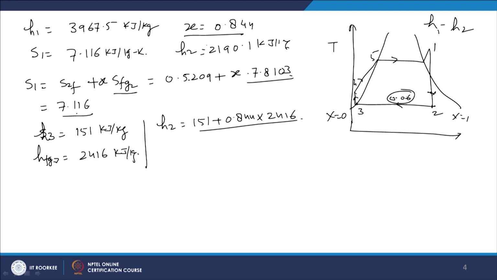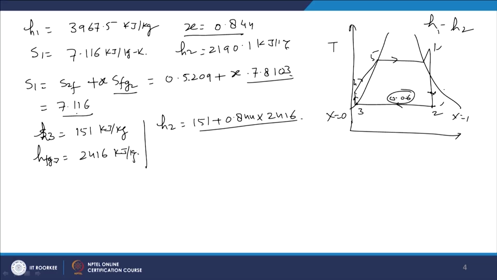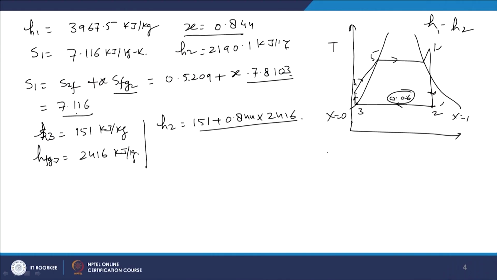So, now we have the value of H1 and we have the value of H2. Steam turbine is an open type of system, right? If you apply the first law of thermodynamics, you will find that the output of the turbine is H1 minus H2. Now, part of the output of the turbine is also used for pumping the liquid at state 3 to state 4, or increasing the pressure of condensate. So, the work of the pump is specific volume at state 3 times delta P, that is VdP, and delta P is P4 minus P3, right?